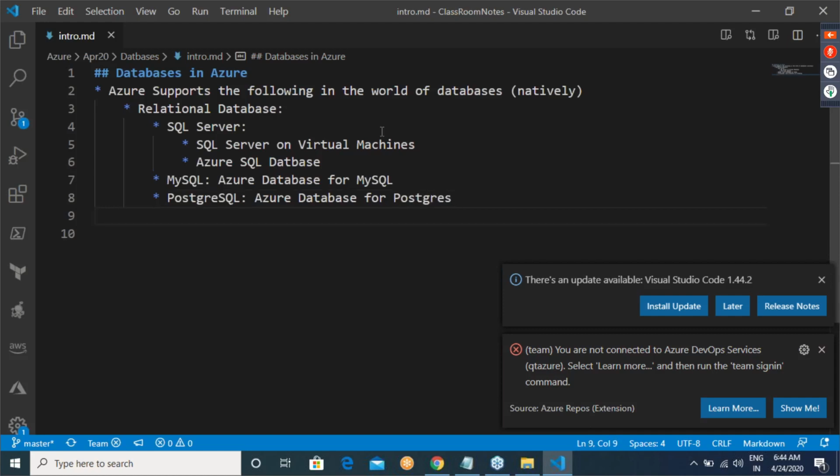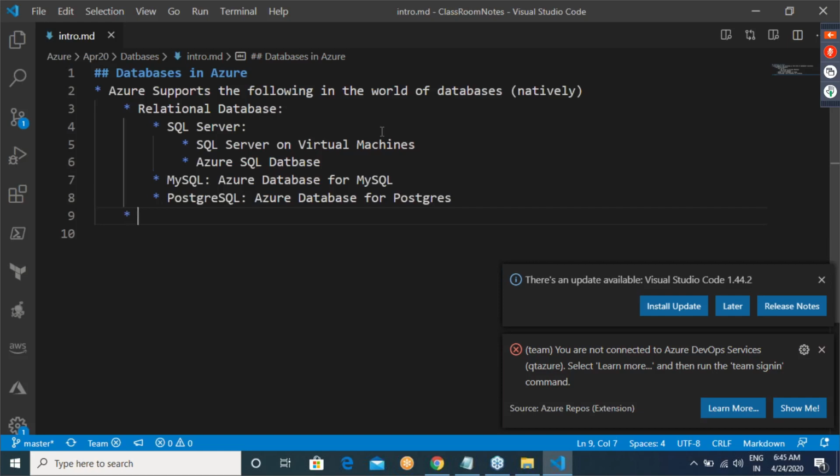So let us assume that you are working in an organization which uses any of these relational databases. Then you can directly make them work on Azure, because Azure directly supports SQL Server, MySQL, and Postgres. You need to get into one more thing, which is versioning, but at this moment, let us refrain from versions.